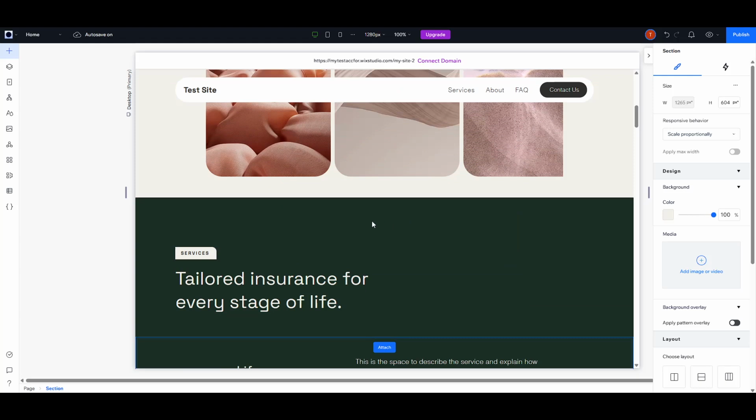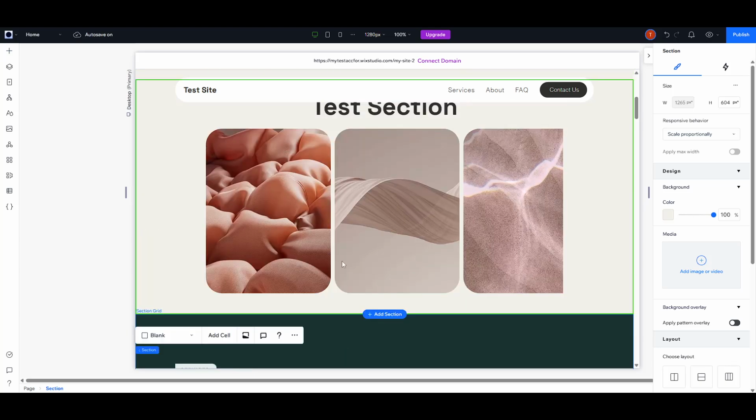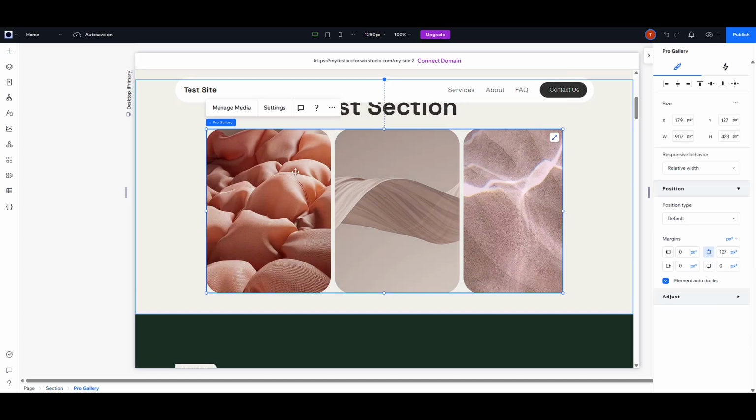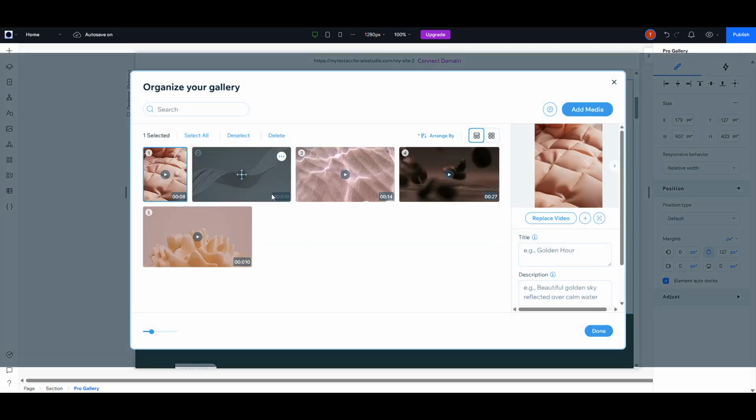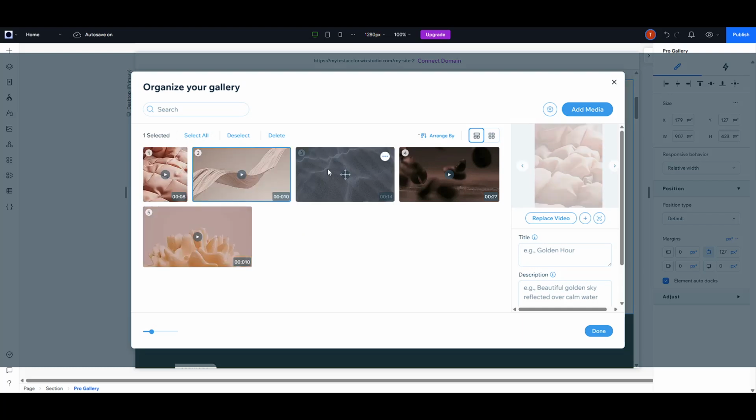Now that the gallery is visibly part of your site, it's time to populate it with your video content. Click directly on the gallery itself to reveal further options. You'll want to select Manage Media, which is the next step in bringing your videos into the spotlight. This intuitive interface allows you to upload and organize your videos efficiently, ensuring that your site visitors can experience your